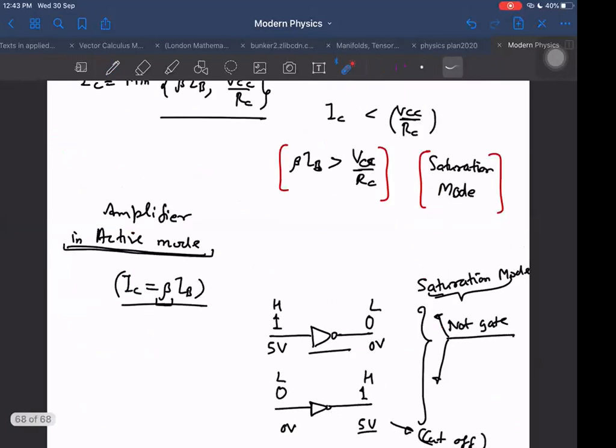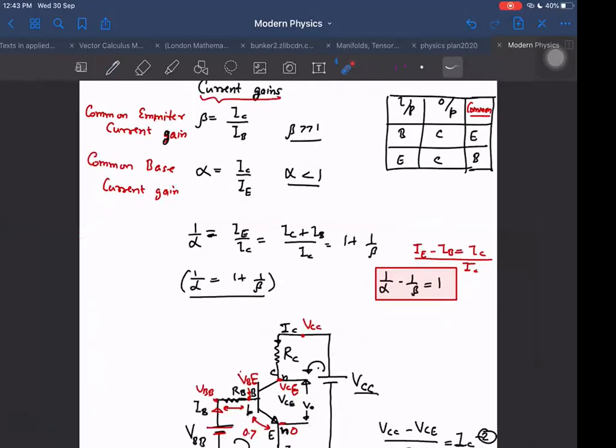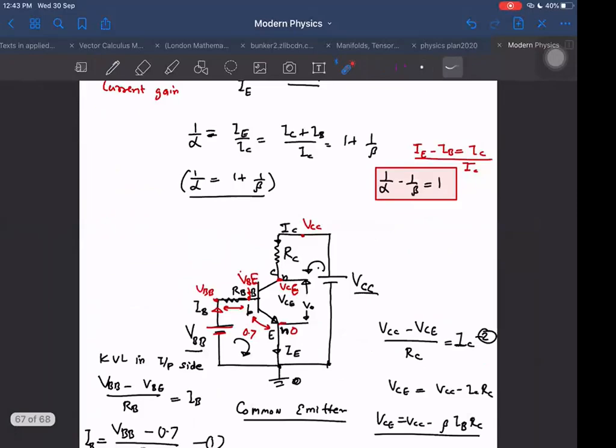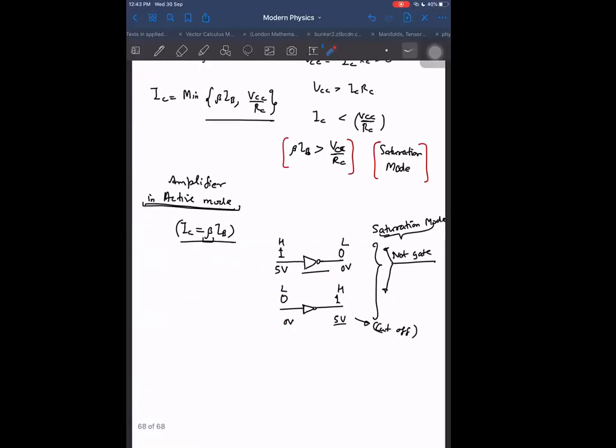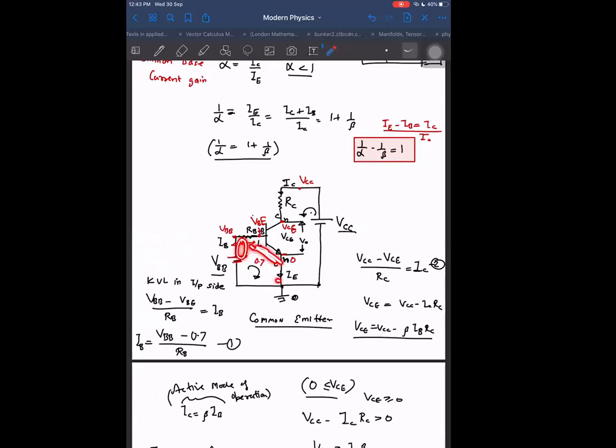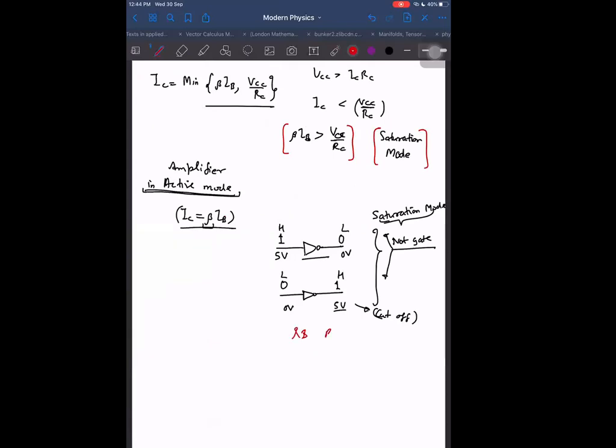Okay, it is very deep. I'm trying to make things as clear as possible. In tomorrow's class, things will be clear. I will also explain when the input is low, this is 0 here, this is 0. When the input is low, that we also call cutoff mode, still cutoff mode of operation only.